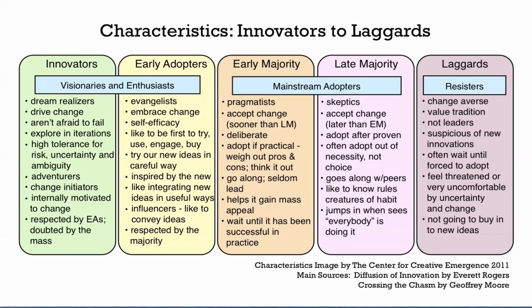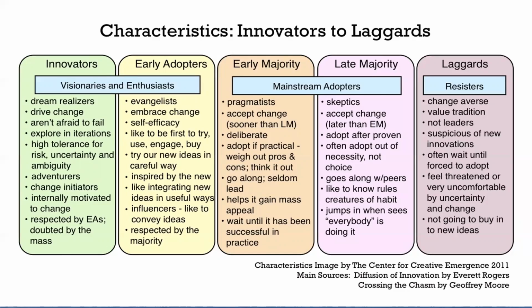Followed by innovators comes the category of early adopters, who are not very quick in adopting things. After innovators, they are the ones who want to try the change, try the products. They want to embrace change. They want to buy new things. They want to use them. They want to engage themselves with the products and services. They want to try out things and new ideas, but in a careful way.